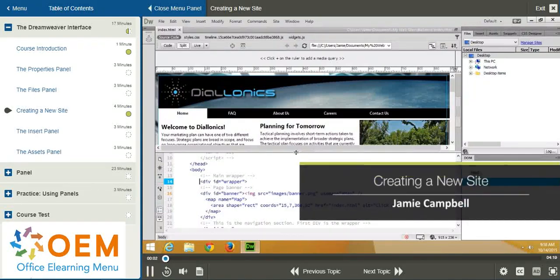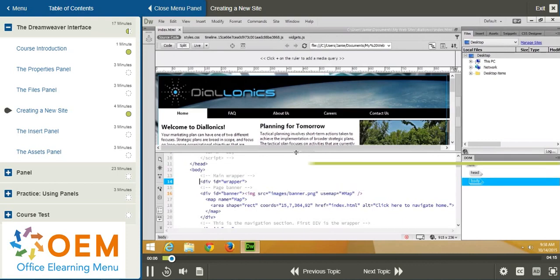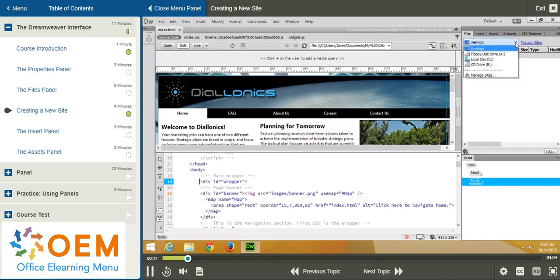In this video, I'll explain how to create a new site in Adobe Dreamweaver CC 2015. Now, Dreamweaver isn't just a powerful web design application, it's also a powerful website management application. And under the Files tab, you'll see here Manage Sites, or if you click on the drop-down, you'll see it